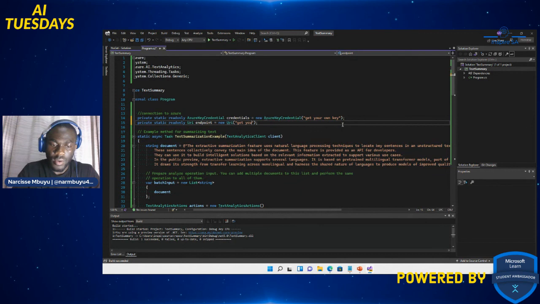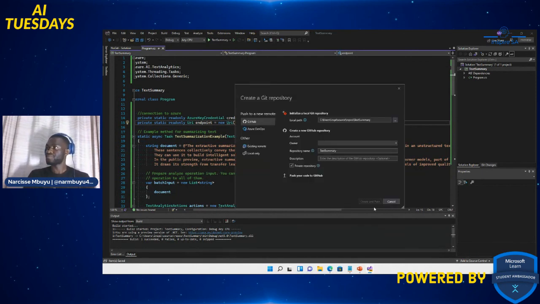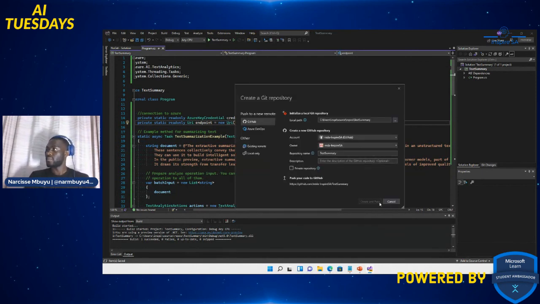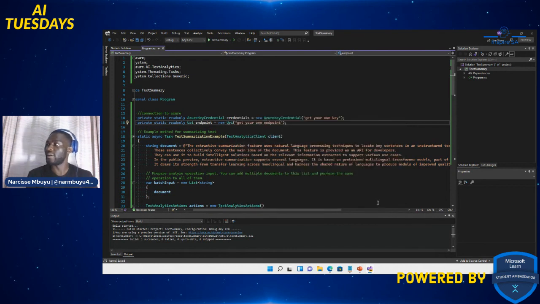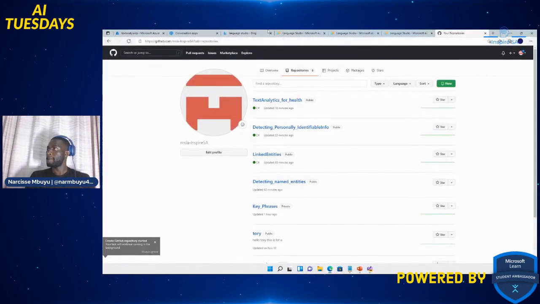Save and add to source control, create and publish, right? Create and publish. And let's go to GitHub, refresh.